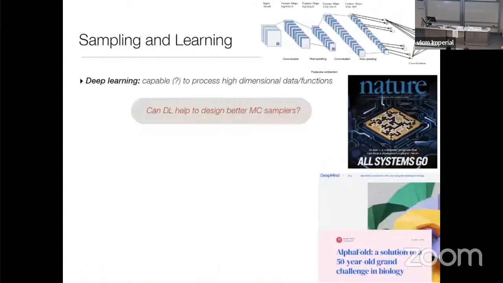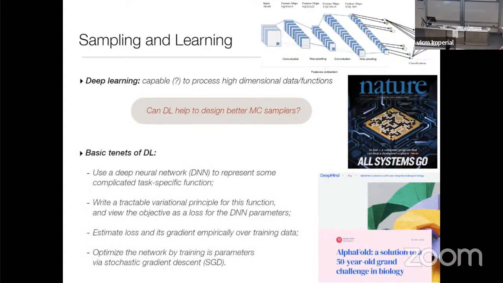There have been several talks at the ICM already discussing deep learning. You're well aware of the fantastic advances that these machine learning tools have been providing in the way we process data in high dimension, and slowly but surely they're also becoming more and more pervasive in the context of scientific computing. The reason is that it seems that these methods are able to process high dimensional data or functions better than classical methods, for example, those based on finite elements.